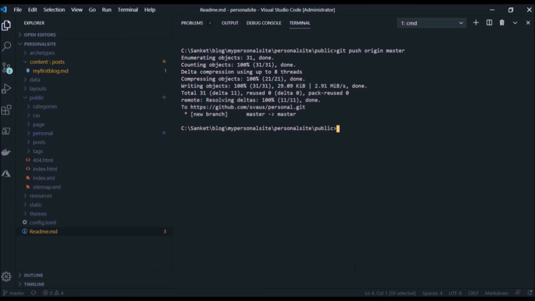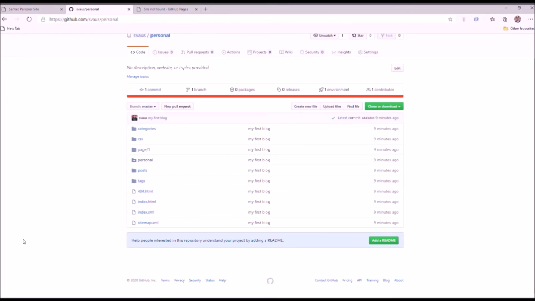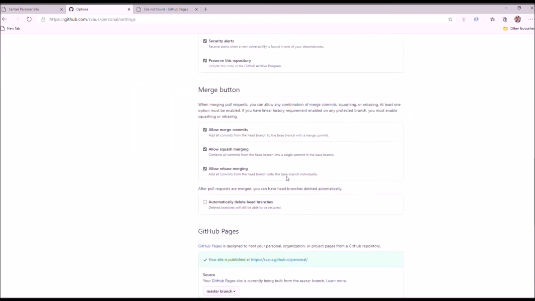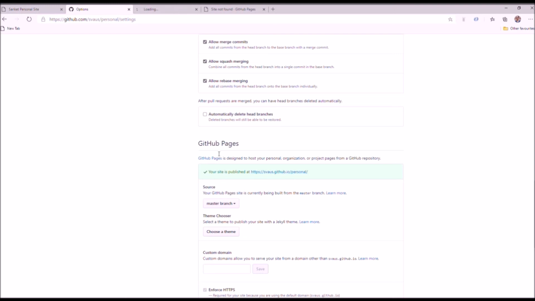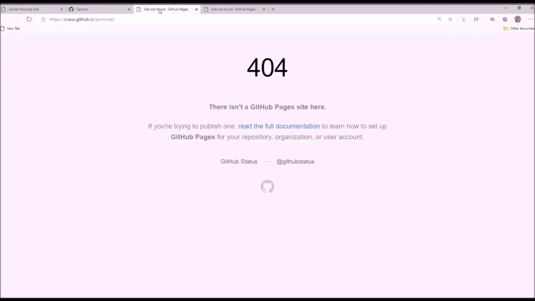It means my website is ready and available. If you see in GitHub, I've got all my changes. This is my website and all the content is published here. You can see all the details, all the generated static site is here. Once it is here, it might take a couple of minutes to reflect. But what you can do is go to the URL, which in my case is this URL, and at the moment it says